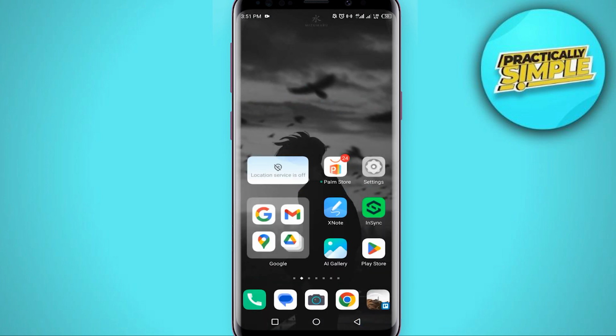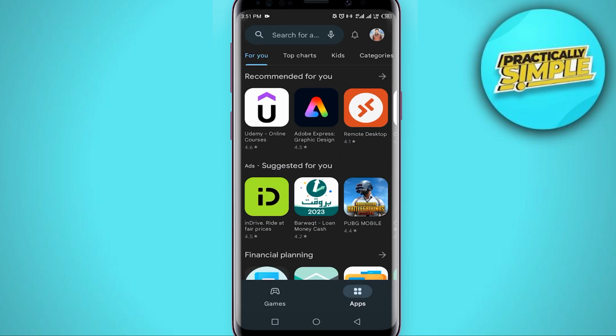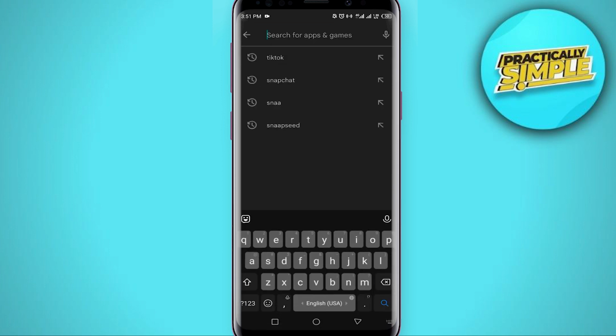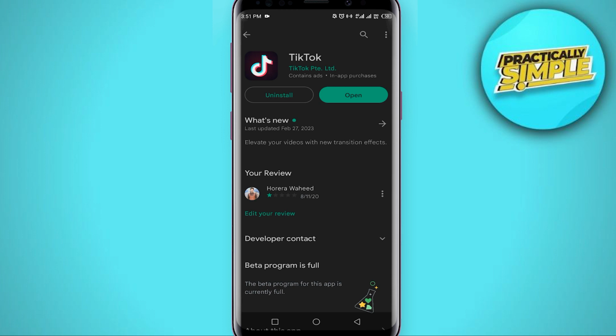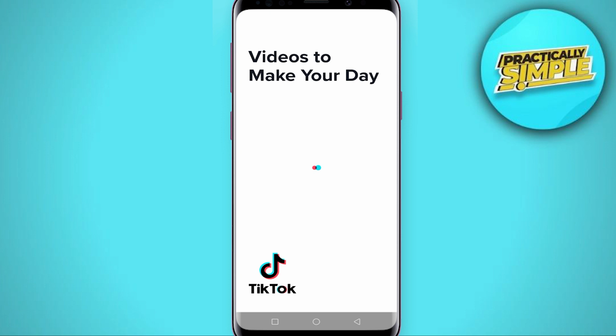Now just go back to the settings and open your Play Store application, and in the search bar you just have to search for this TikTok, tap on it, and now if you can see there is any update, just make sure to update it to the latest version of TikTok application. So if you are up to date, just tap on this open,